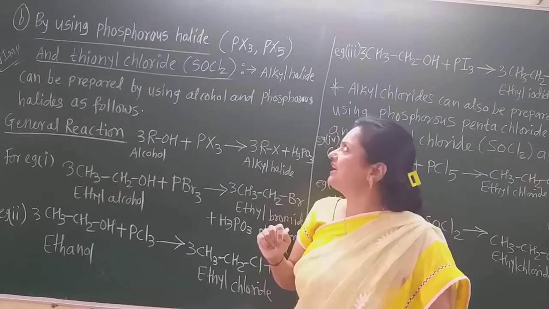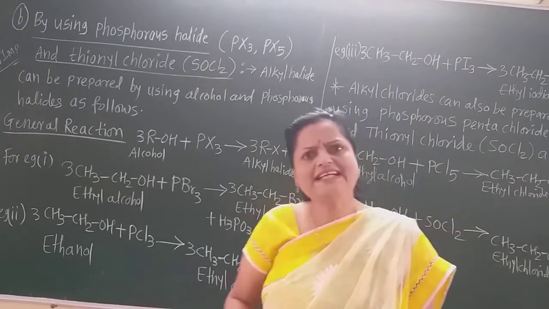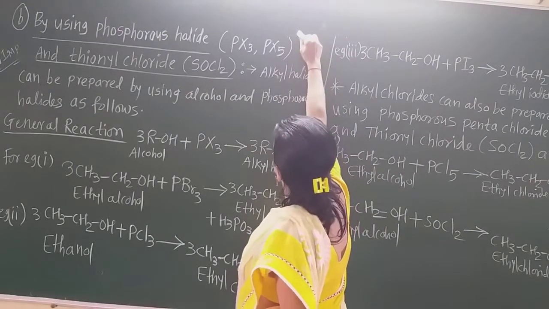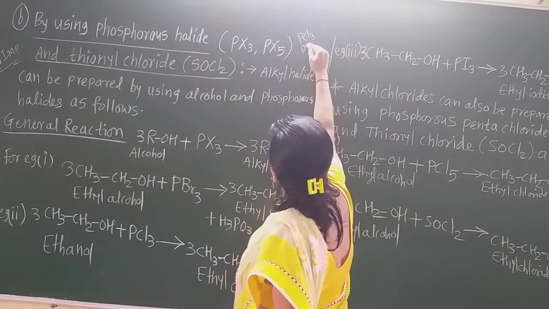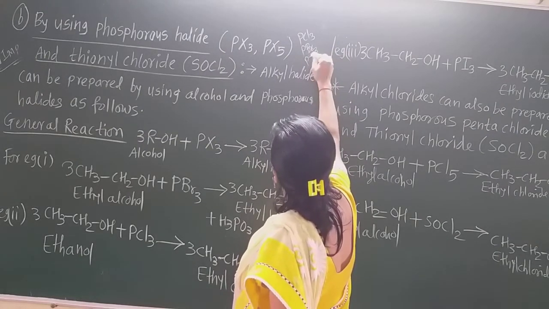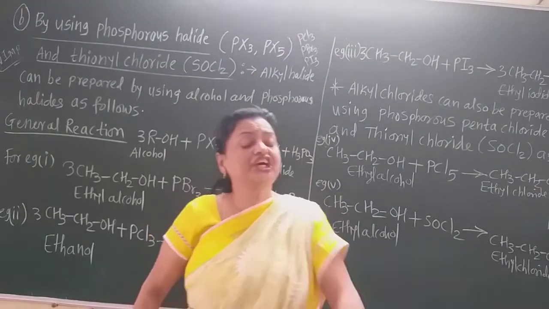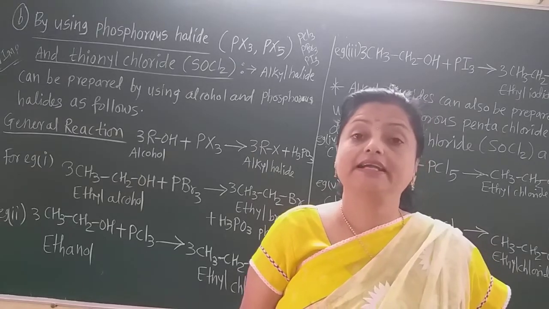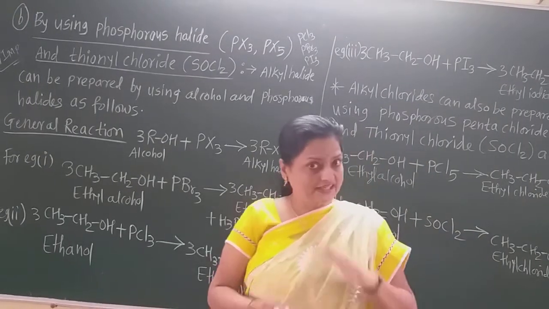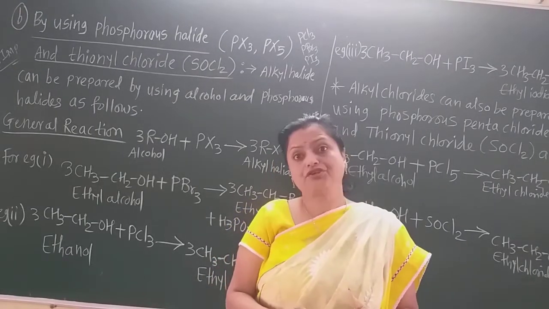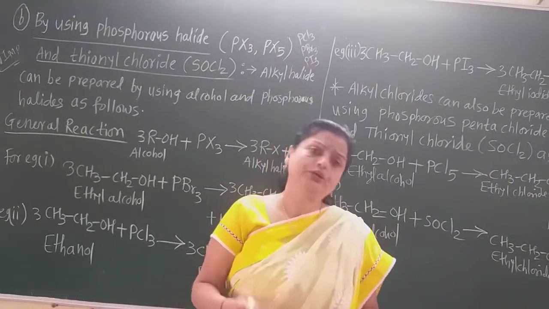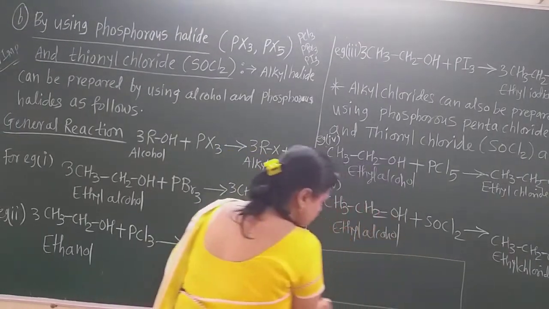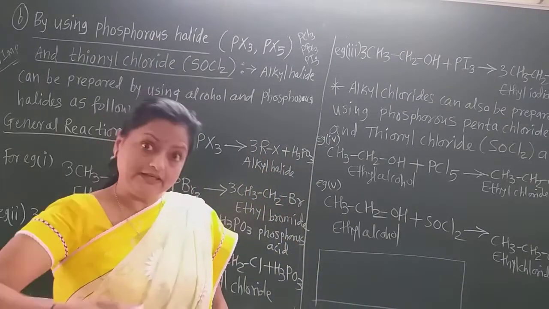Now in phosphorus trihalides, which phosphorus trihalides are there? There are three phosphorus trihalides: phosphorus trichloride, phosphorus tribromide and phosphorus triiodide. Now these three are the phosphorus halides. Very important. Now these phosphorus halides are not directly available in the bottles. We have to prepare them first. Now that reaction is not given for you in the test, but in last year's syllabus there was the reaction to prepare the phosphorus trihalide. How is that formed? Let us see here.